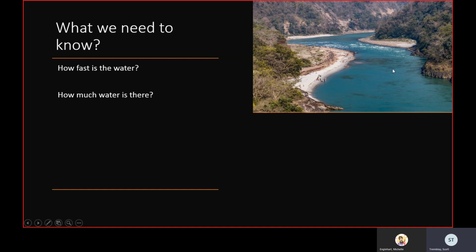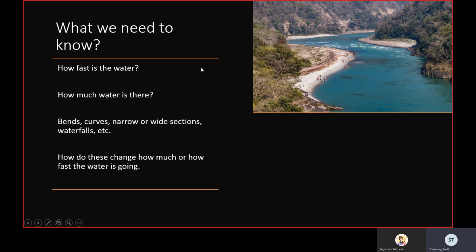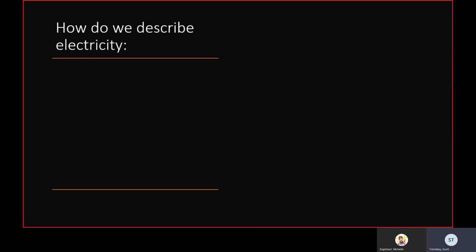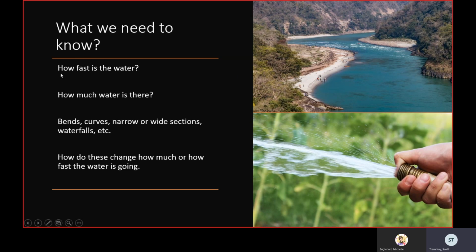So when we're talking about electricity, how much water is there? Of course, that's important to know. And with electricity, we'd want to know how much electricity there is, right? And then we'd also want to know if there's any bends, curves, or narrow or wide sections, waterfalls, anything that kind of disrupts the current there. So let's take a look at how this applies to electricity. So when we talk about how fast water is,